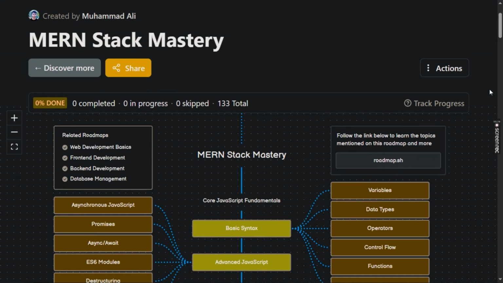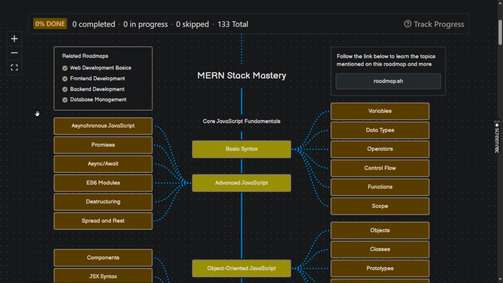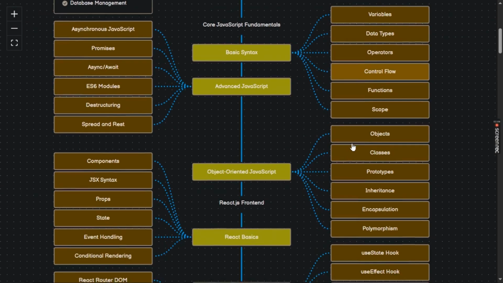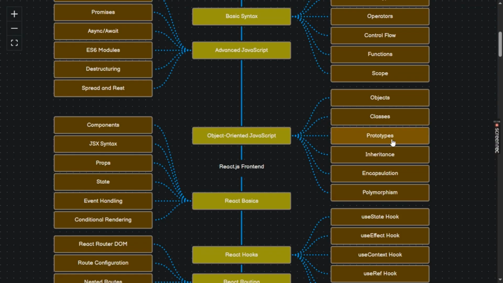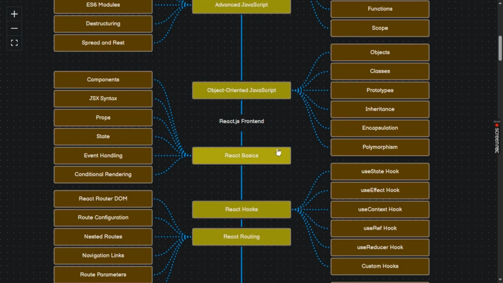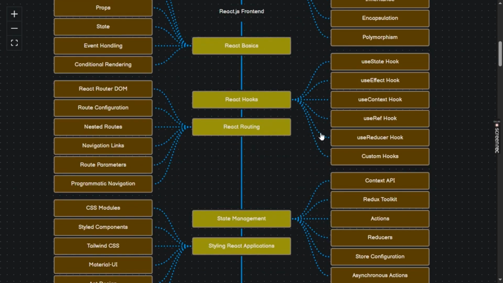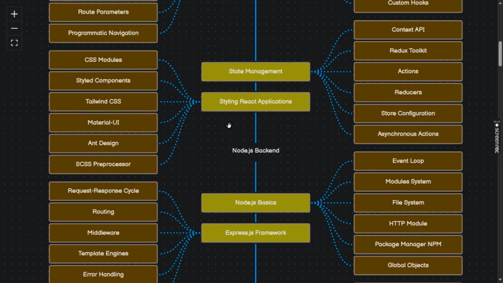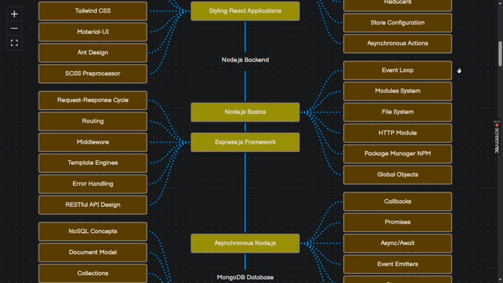Welcome to the MERN Stack Mastery Roadmap. In this roadmap, we will be learning MERN Stack from scratch. If you just know HTML and CSS and you want to learn MERN Stack to become a full stack developer, then this is the ideal tutorial for you to learn how MERN Stack works and how you can master MERN